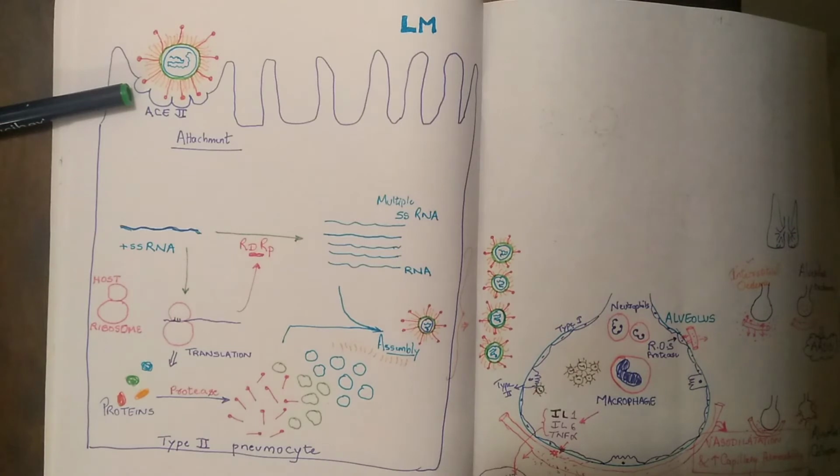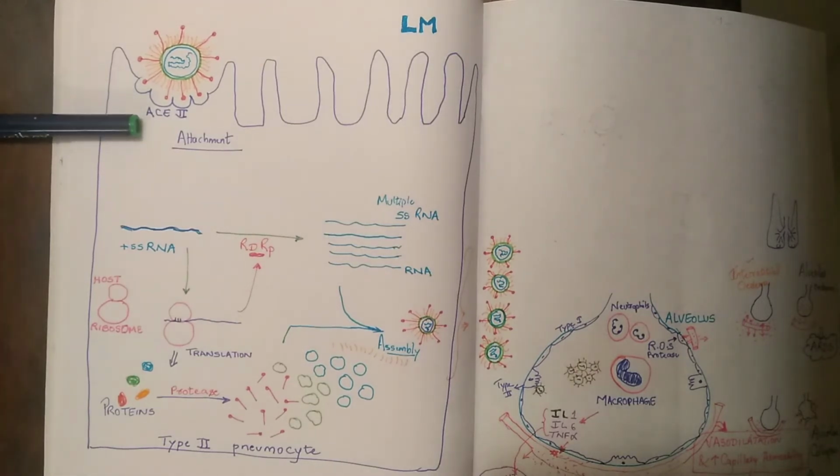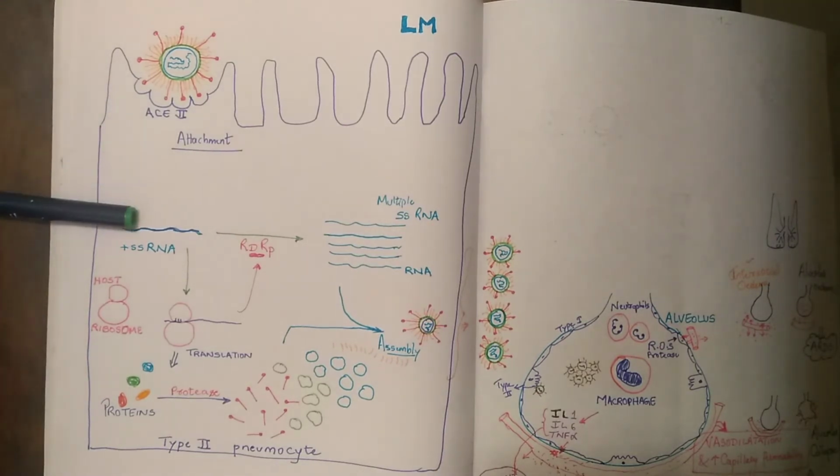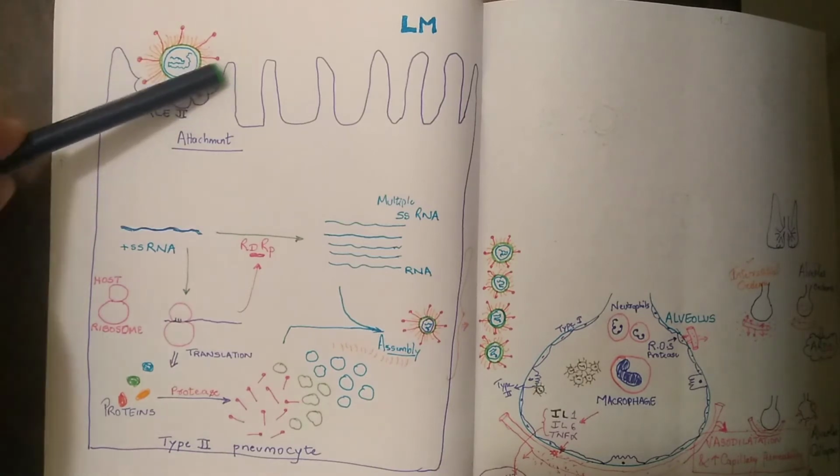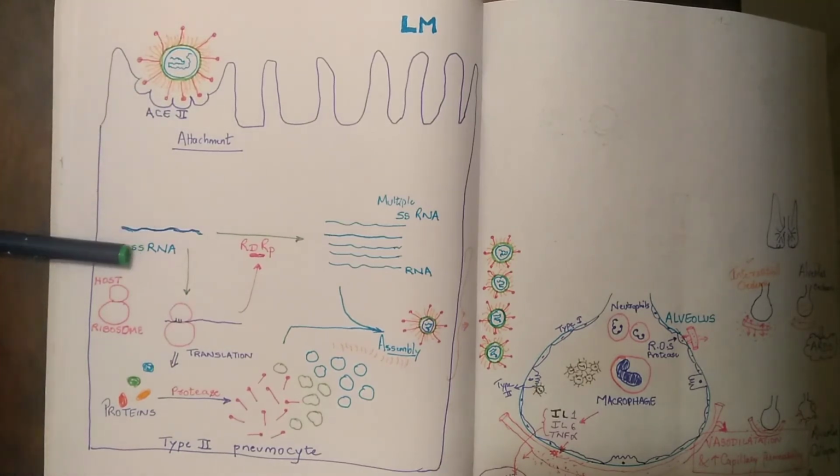Through what does it get attached? Through the spike protein. You can see that in the picture. The spikes are visible and the pen is pointing at the ACE2 receptor. Now after the attachment is over, it gains access into the cell. Immediately the protein envelopes get separated and the nuclear material is released. I told you the nuclear material is RNA, a positive sense single stranded RNA.